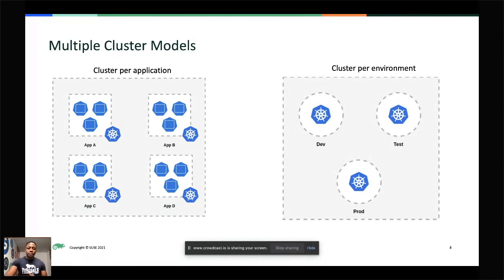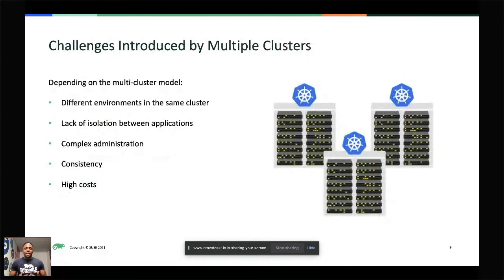And so you might have already been picking up on this even as I explained it. This is something that is quite complex. And as much as it has a lot of benefits, which I touched on earlier, there are also a host of challenges that it introduces to your Kubernetes administration. So depending on the model that you opt for, you could run into issues when it comes to just the fact that you have different environments in the same cluster. That's something that you can do either with a single cluster or multiple clusters, but the risk remains the same,